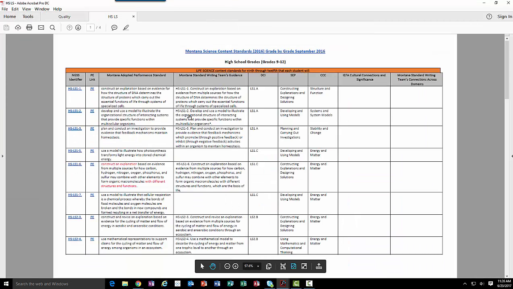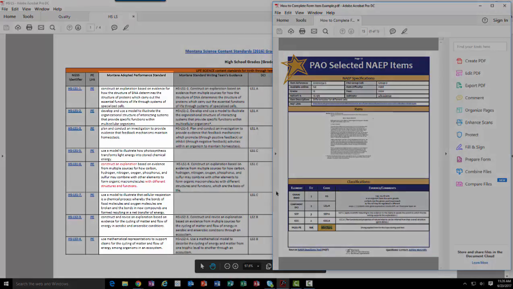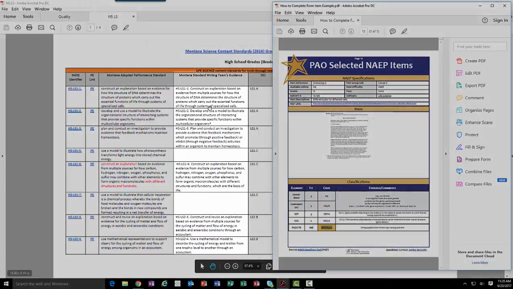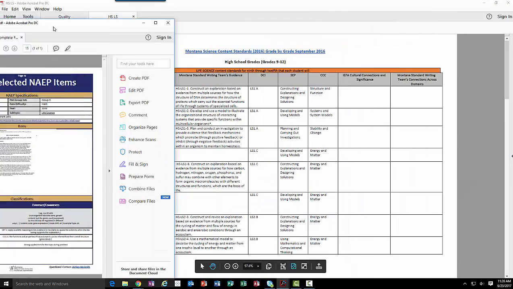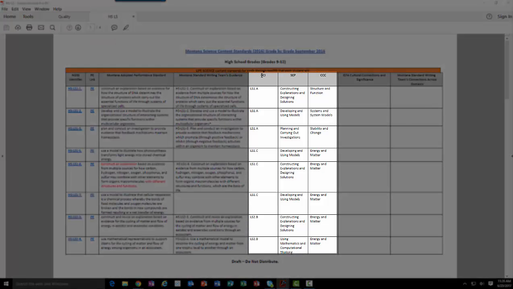And here we can see the unique identifier. We can see a PE, which is an actual link. We can see the Montana Adopted Performance Standard, and we can see the Montana Standard Writing Team's guidance. In some cases, there may be highlights or bolds or areas of emphasis that they've indicated. We can also see the foundation box information, so what DCI, what practice, and what cross-cutting concept this performance expectation